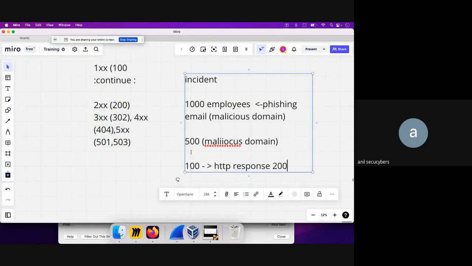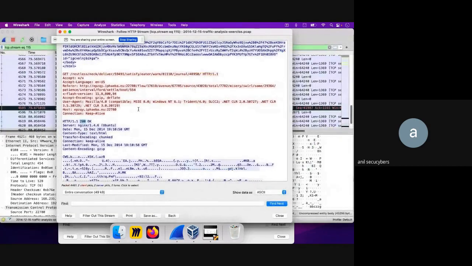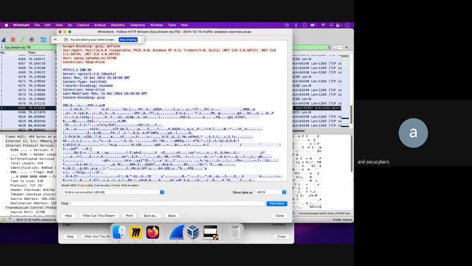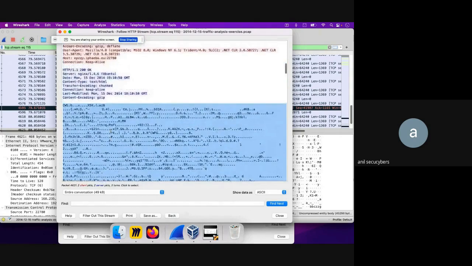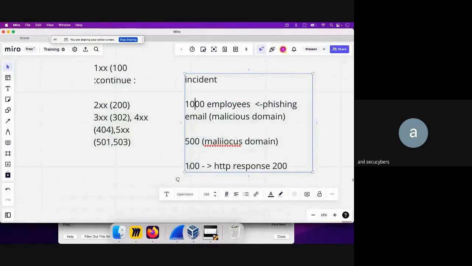So I know that only 100 out of those 1000 employees most probably had the malicious file in their system. An easy example to see that is from the same lab. If you see that the request code was 200, and we see that there's a malicious binary, the malicious flash file over here, this is one of the ways we can figure out the potential employees who might have successfully downloaded that